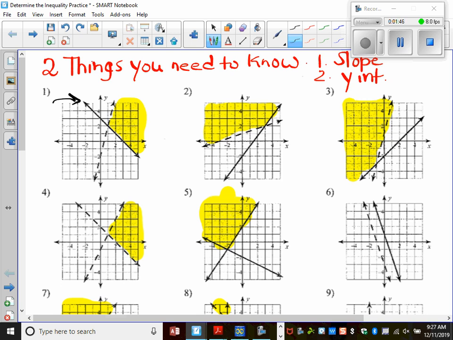So I'm looking at this line. I can tell that this line is crossing the y-axis at what number? At 3. So I already know I'm going to have something plus 3. So there's my y-intercept right there. Okay. I also know or can determine the slope. And you can pick any two coordinates up here that you can actually read. Don't try to pick where it's between the grid. So for instance, I can see this one here. I can see this one here. I can see this one here. I mean, there are a lot of points I can choose, but I only need to choose 2